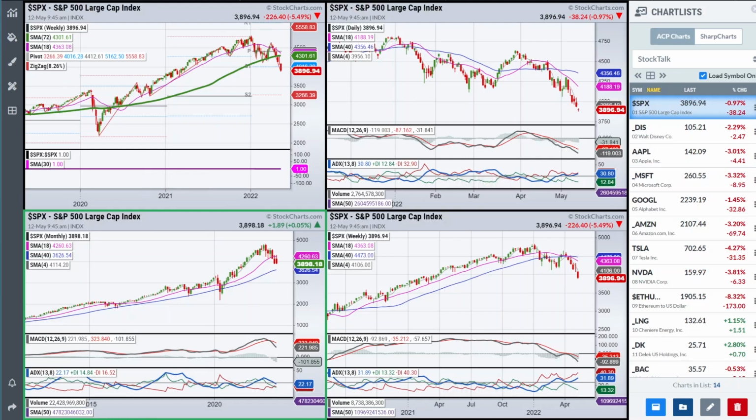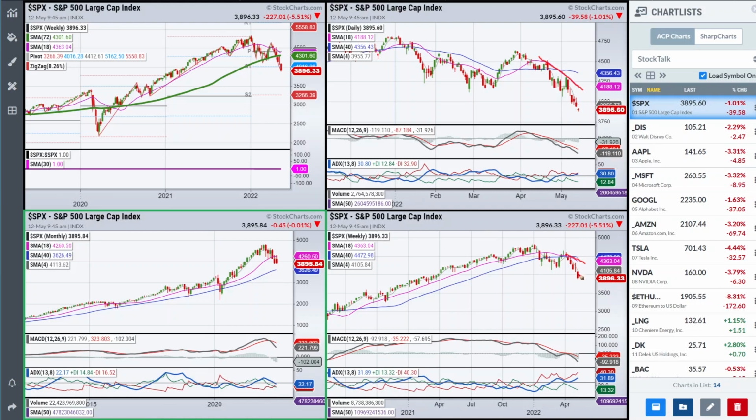And the one thing that I would tell you, I think we need to be cautious about here is getting too negative, at least in the short term, because we've gotten stretched away from the 18-day, we're getting stretched away from the 18-week, and we do still have a rising 18-month line right now. With that said, what I would be looking for is a reversal in the trend, and if you notice, we have a declining 18-day and a declining 18-week. So any kind of rally that we're going to get right now is probably going to be met with resistance, at least at the beginning.